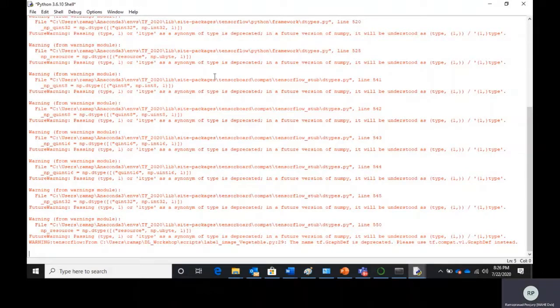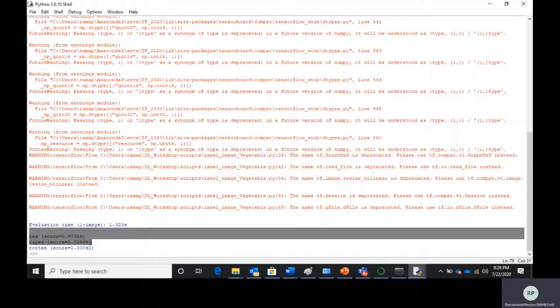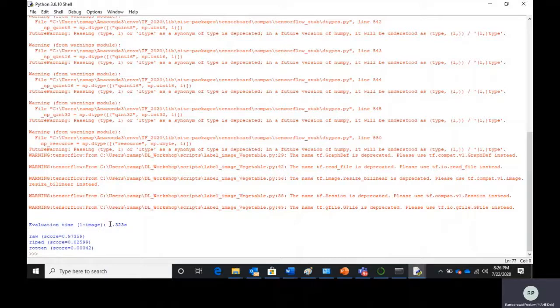It gives you a warning saying that some functions can be replaced by new ones. In future versions there will be new functions. And finally, it gives you an output like this. It shows you how much time it has taken. It took 1.32 seconds. Then it says that it classified it as a raw image, 97.3%, and ripe 2.5%, etc. It means that this classifier is working fine.